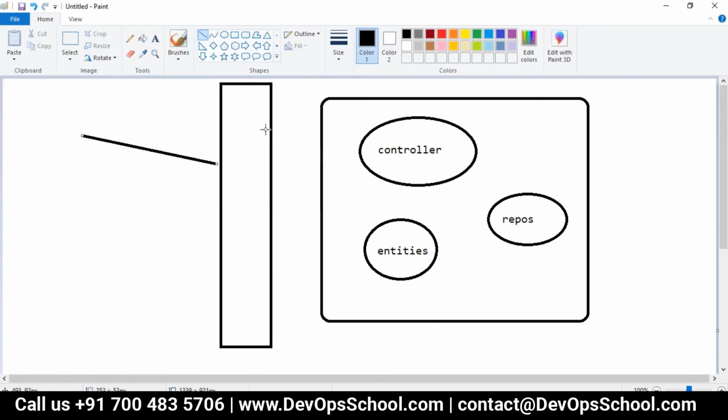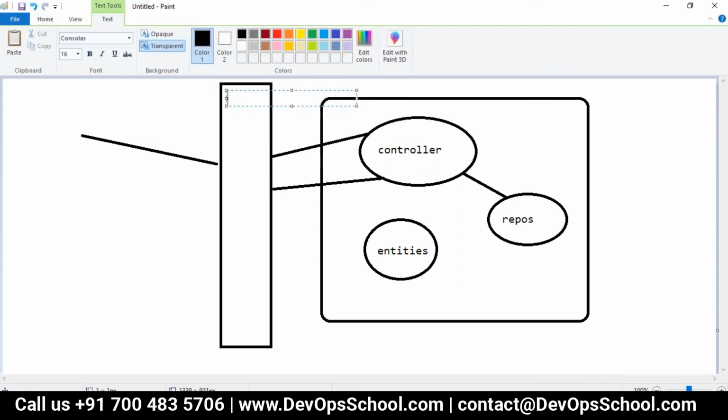This front controller will be exposed to the client, and it will see, okay, this request is mapped to this controller. Then this controller will give the response, or the controller internally calls the services, and services will call the repos, and entities will be built, and it will return the reply here. So that is basically the front controller design pattern. The front controller design pattern will do two jobs: one is handler mapping, and the other is view resolver.